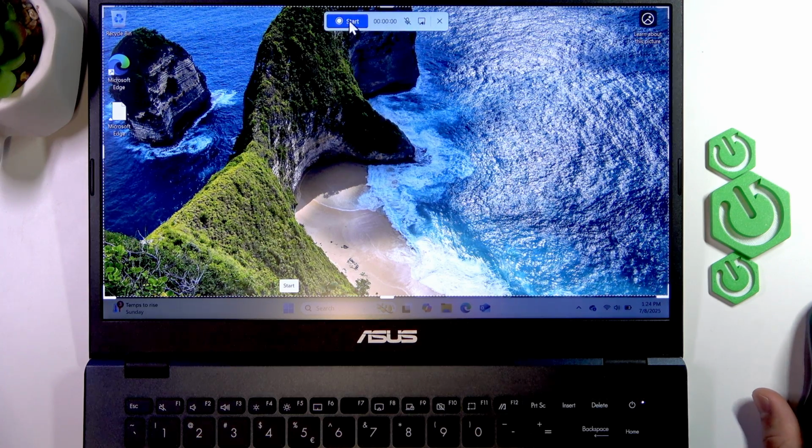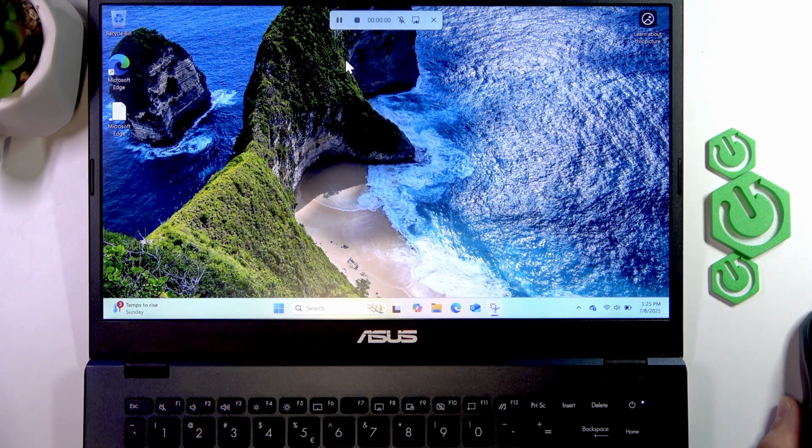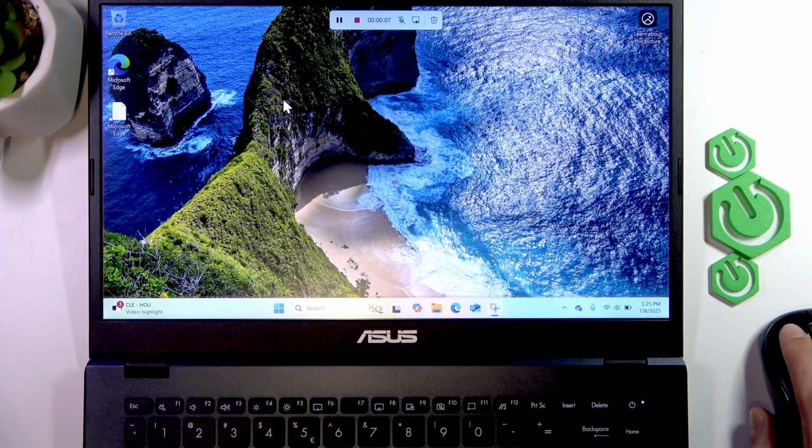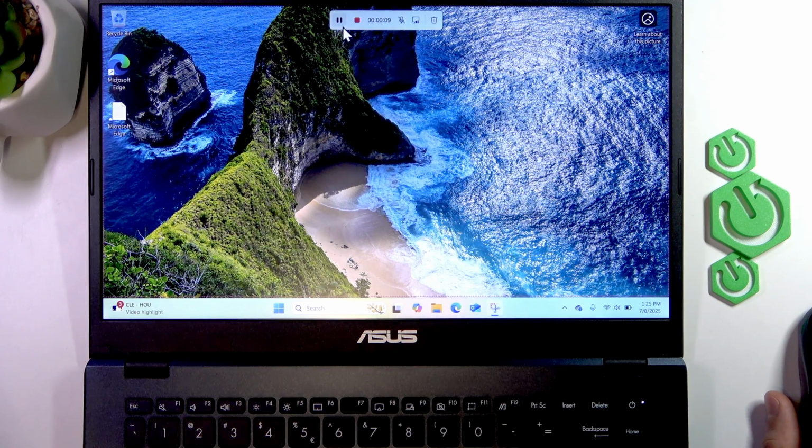Now to start the recording, click start. I'll let the application access my microphone, and once the recording is started, everything that happens within the selected area will be shown on your screen recording. Now you can pause the recording by clicking this icon right here, and then enable it again by clicking this button once again. You can stop and save the recording by clicking the red square icon, or you can delete it